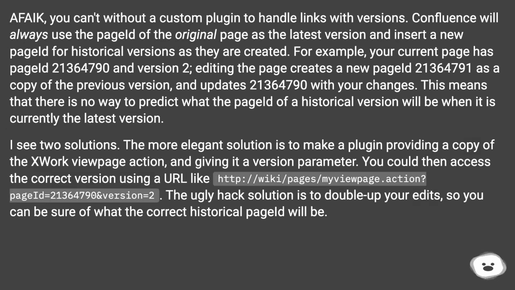In effect, you can't without a custom plugin to handle links with versions. Confluence will always use the PageID of the original page as the latest version and insert a new PageID for historical versions as they are created. For example, your current page has PageID